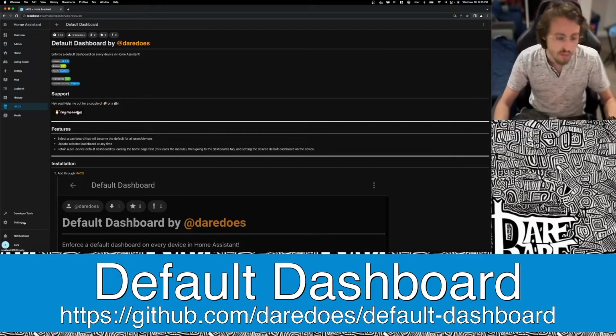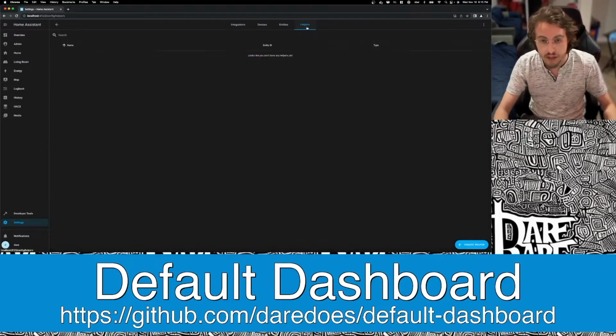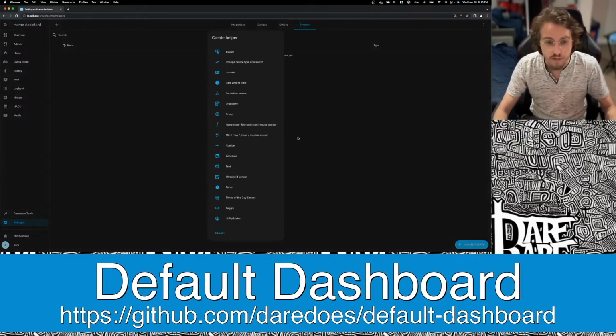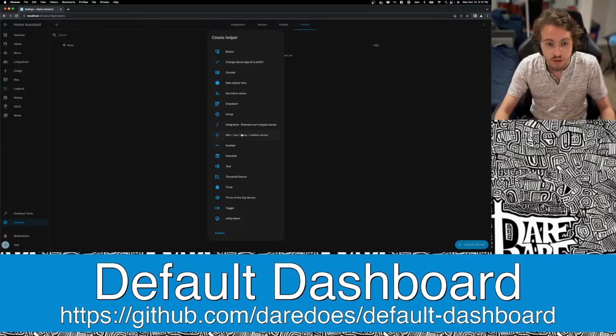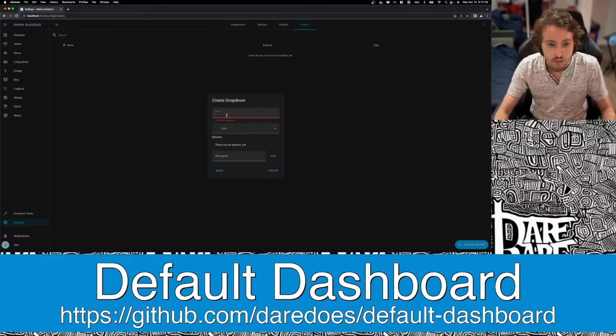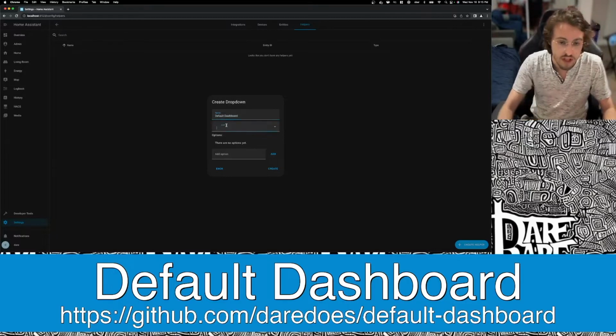Next, we'll need to create our helpers. We'll go to Settings, Devices and Services, and click Helpers on this top tab. If you're on mobile, you'll find it on the bottom. We'll create our first helper, which will be Default Dashboard dropdown. We'll create the name Default Dashboard, set an icon,